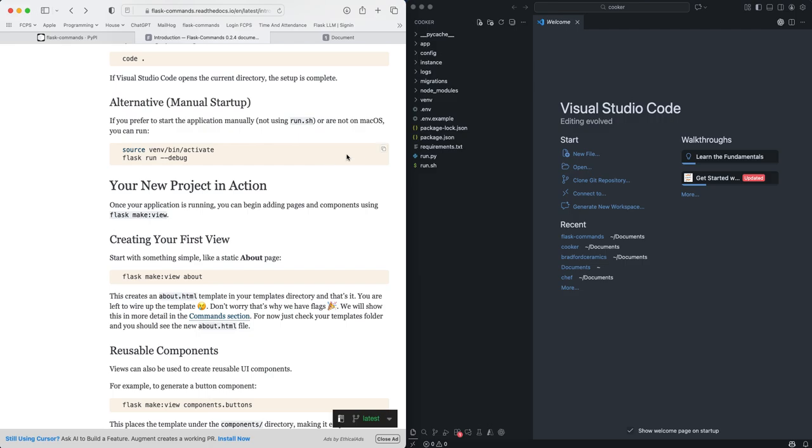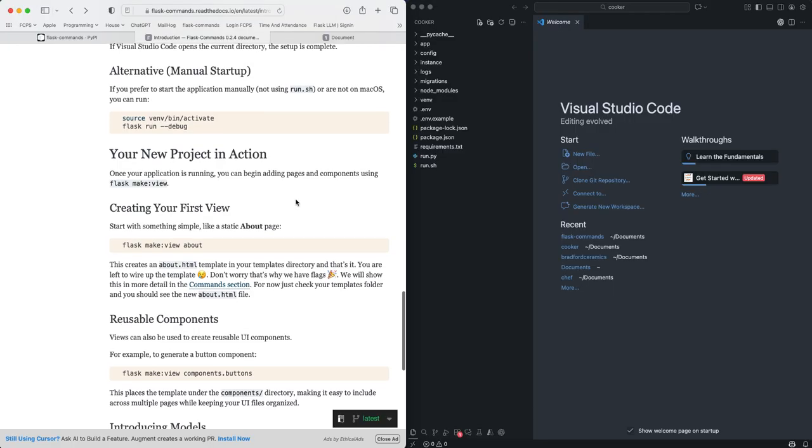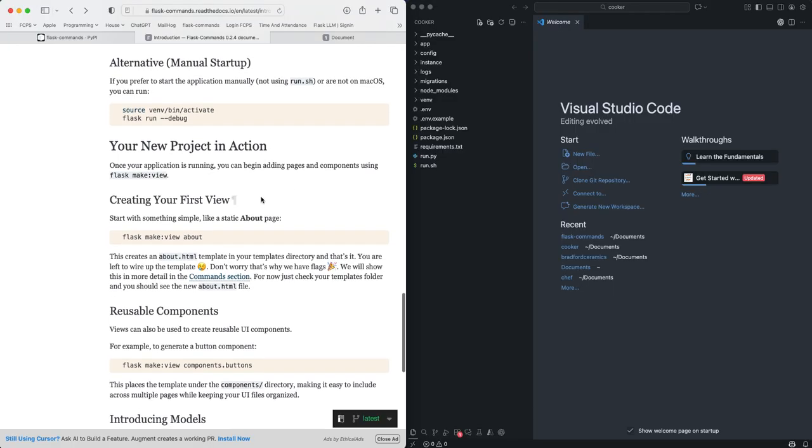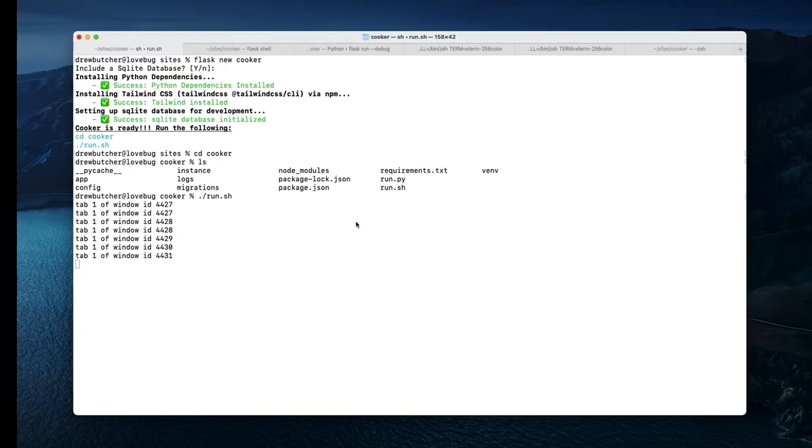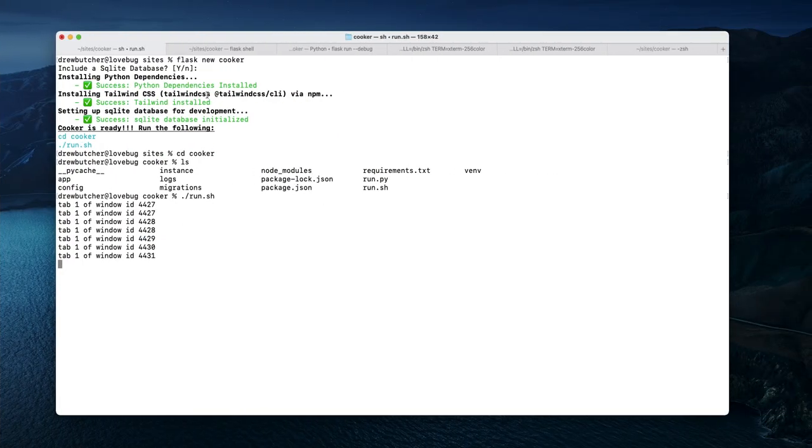So we have a very basic web application. We are ready to start playing around with our new project. So we'll get our new project in action here, this section of the docs. And if you saw the last video, what you saw is I wrote one command in here, which was